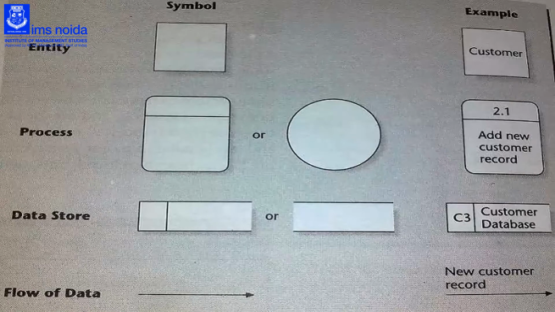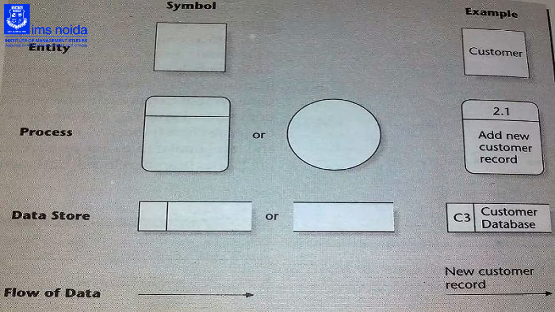These are the notations. Entity we will represent by the rectangle box. Example, customer. Customer is an entity. We will write customer in the rectangle box. Second one is process. We can represent process by the circle or by the rectangle which is given over here. This is the UML notation. We can write 2.1 as the process number and we can write the name, add new customer record,